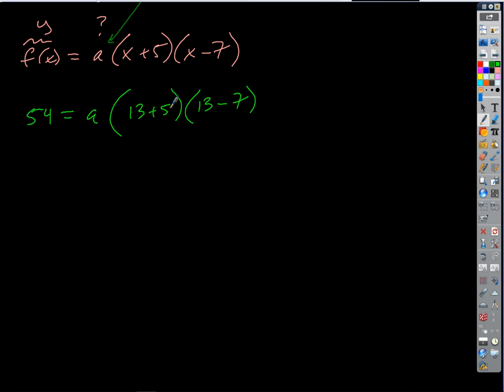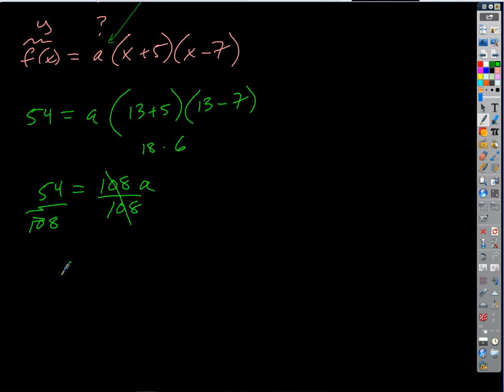13 plus 5 is 18. 13 minus 7 is 6. 18 times 6 is what, 108? So I end up with 54 equals 108A. So what do I get? 1/2. Yeah, if I divide each side through by 108,